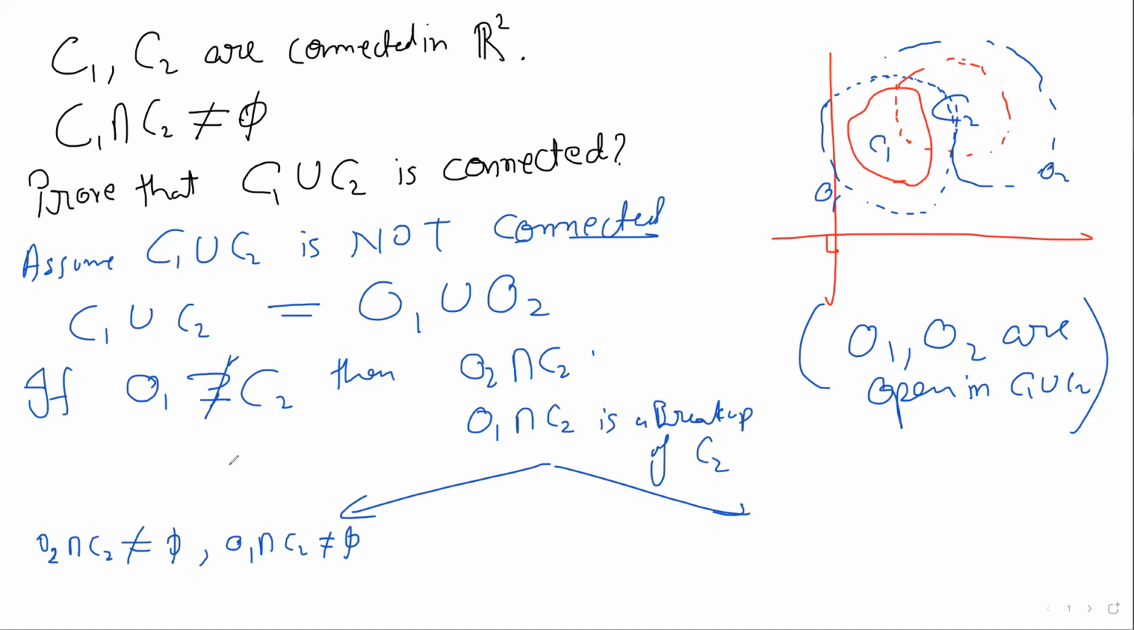What do you guys think? This is just set theory. Yeah, just set theoretically. What do you think? Is this correct? If O2 is something that does not completely contain C2,